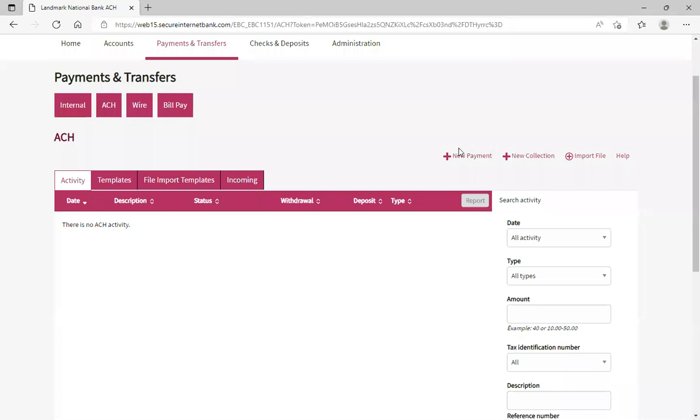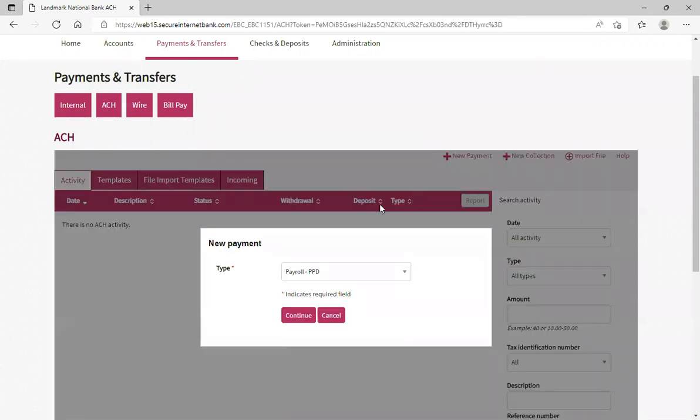Over here on the right, we're going to have two options called New Payment, New Collection to create a single ACH file. The import file will be if you are uploading a manual NACHA file, which we will go over in another video. But just to create a new payment, we will need to select a new payment, which will be more towards your payroll, paying invoices. For new collection, that'd be more you are pulling funds. So say you have renters, you're pulling a rental payment every month, or your electric company and you're just pulling the electric bill. But since we are going to do a test payroll file, we can go ahead and select